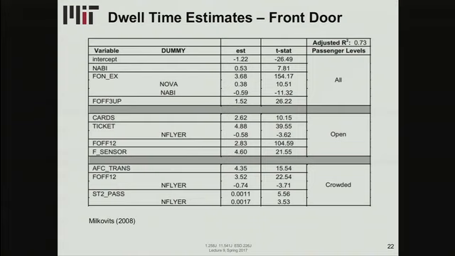So we have 3.7 about, but it was a little longer for Nova buses and a little shorter for Navi buses. So you have to adjust that amount for the different buses. So there was an interaction between that variable and the dummies for bus type. Then the effect of people getting off in the front